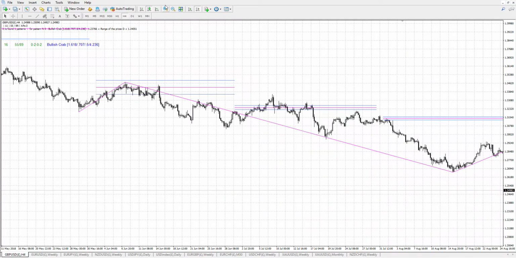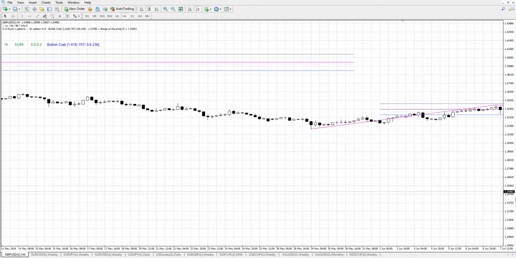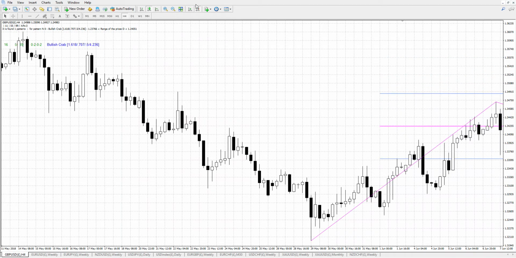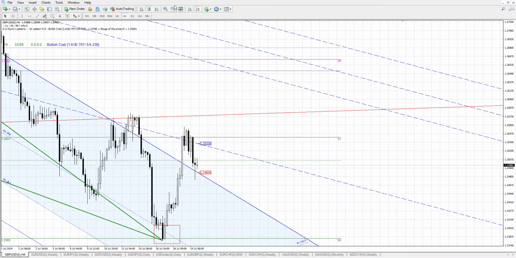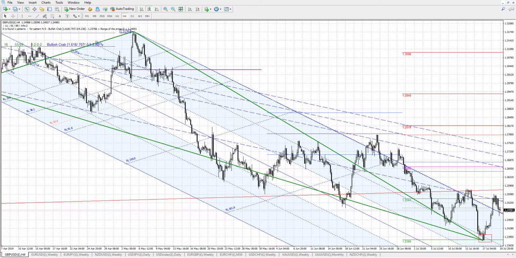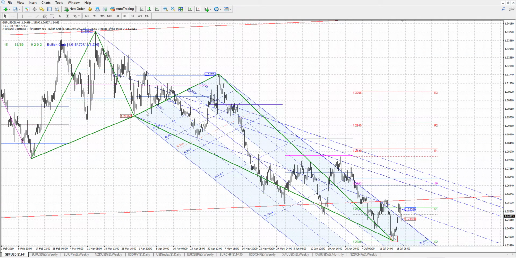H4, it's a bullish crab. Wow, this looks weird. This way. Okay. There we go. Wow, this is going crazy. Okay, zoom out again. So that would be your buy on the support 2 on the H4, but we are below the pivot and we're below support 1. Descending pitchfork, and we're just above that support